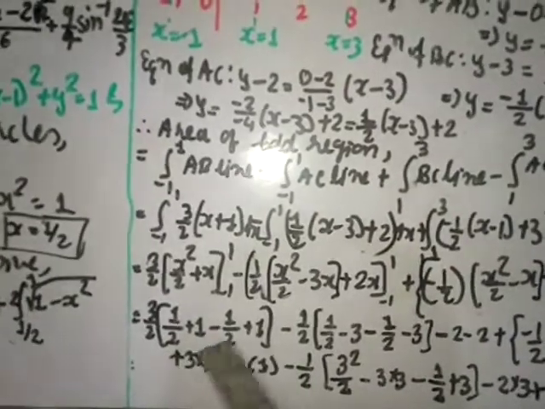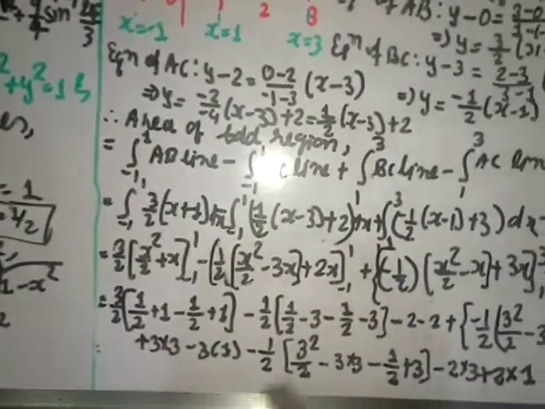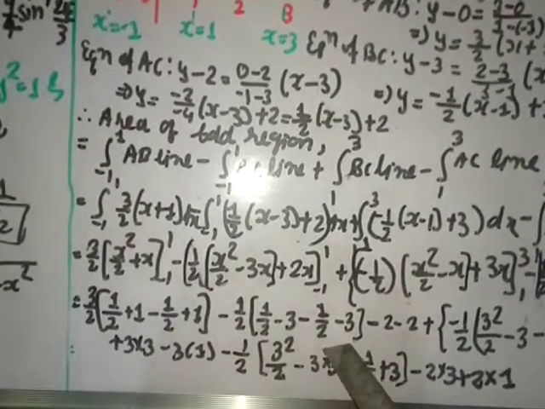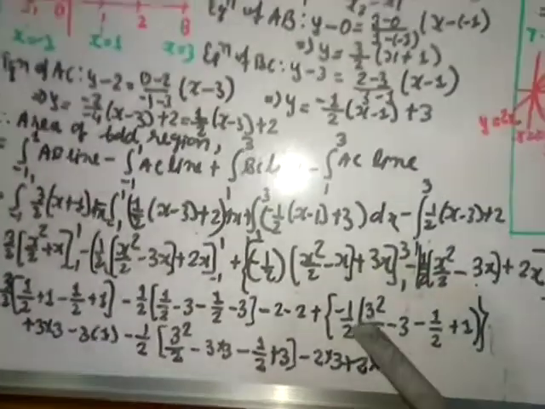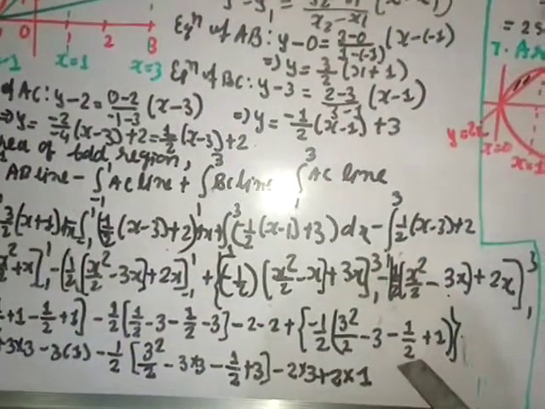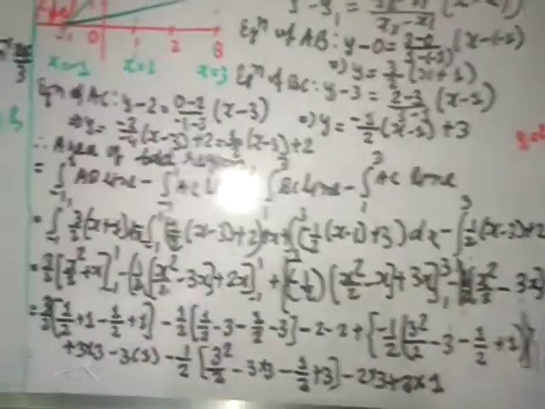Okay, if you look here now you will get it. See here this 1 by 2 comes, so 1 plus 1 is 2 and 2 comes, so remains 3. Okay, here minus 3 gives you minus 6 and 1 by 2 comes. Okay, minus 2 gives you 4. Here 3 square is 9 by 2 minus 1 by 2 and minus 3 plus 1 gives you minus 2, and here minus 1 by 2 is there. Okay, that is what I have written.